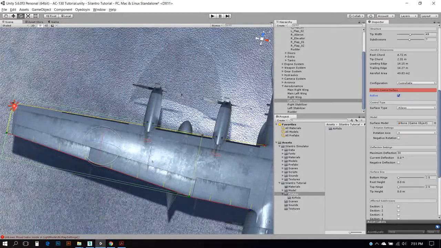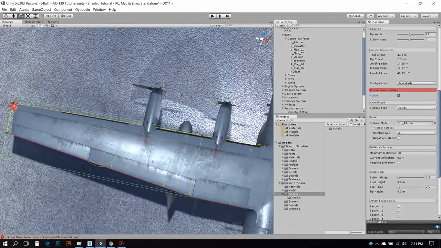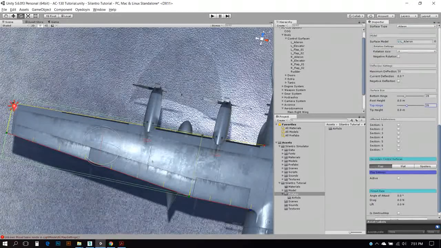So I do the same thing for the left wing, also left aileron. 28, 35. Then